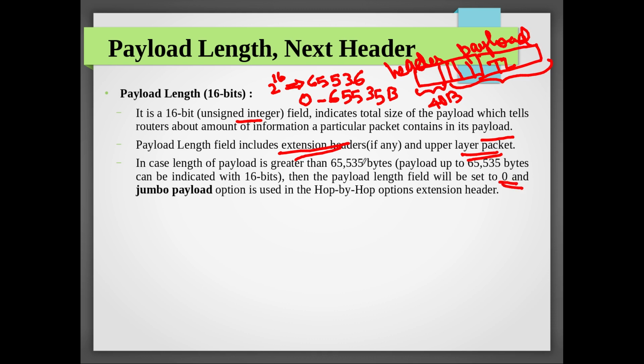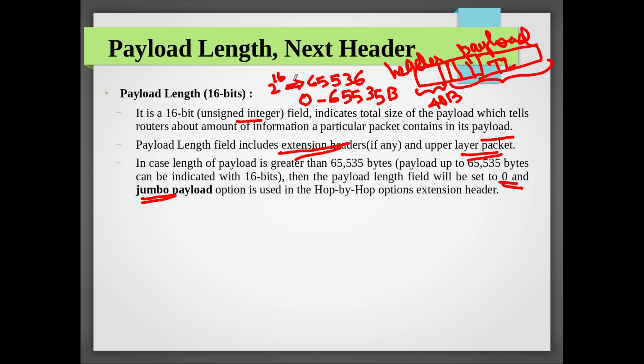So using 16 bits I can't represent the size, so that field will be set to 0. There is a concept called jumbo packets in IPv6: a payload with size greater than 65,535. This is newly added in IPv6. They are ready to support packets with a size greater than 65,535 bytes, and we call such special packets jumbo packets. For a jumbo packet we definitely need more than 16 bits, so we put all zeros in this field.